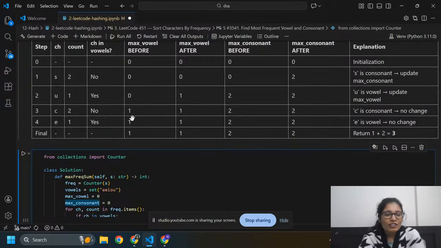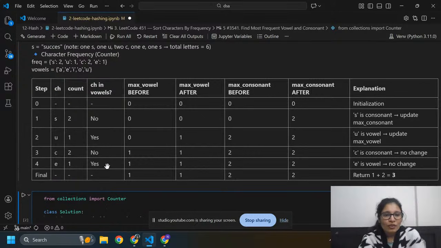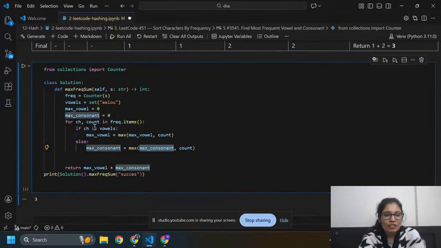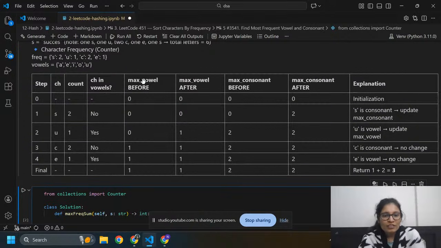After this I am going to use e, and its count is 1 in frequency.items(). Yes, e is present in vowels. Before, I have 1 for the vowel, and after I have 1.